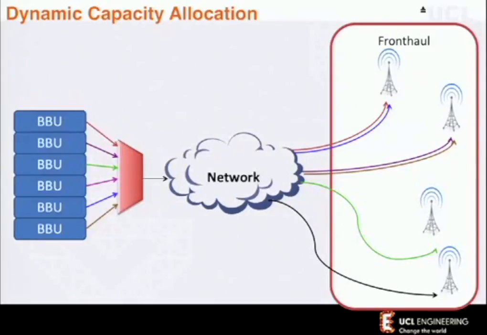Now that's not without an issue. Actually, once you start doing that, working out where your traffic is as it moves around is quite difficult. And being able to have the function within your network to see how your traffic is evolving is not as simple as it might first seem.